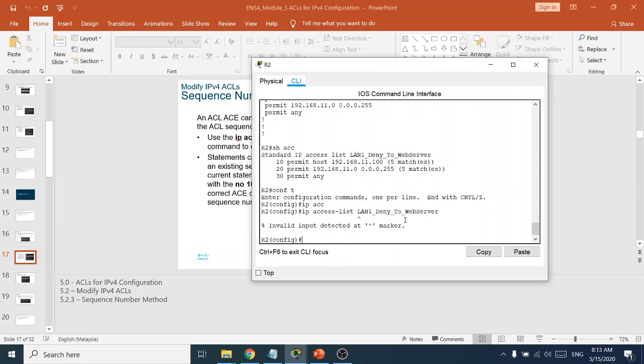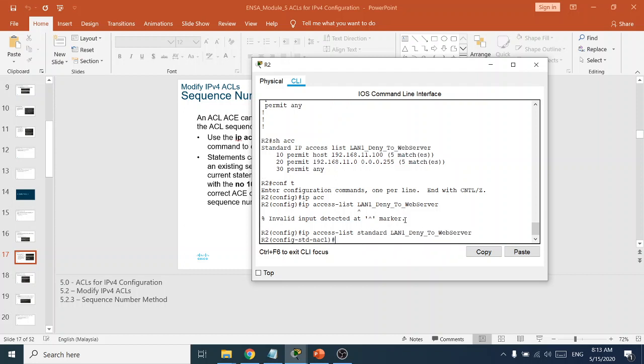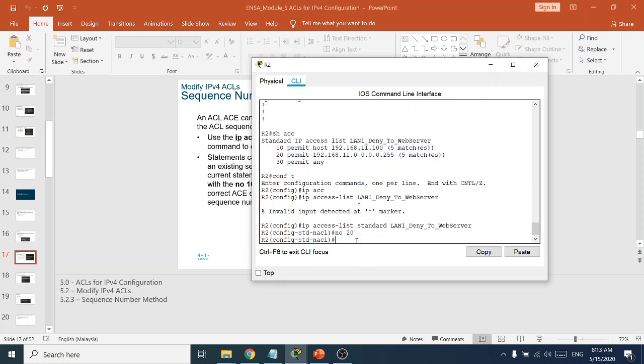Okay, IP access list, saya tertinggal standard, IP access list standard. Okay, so kita akan masuk dalam ni lah. So apa yang kita nak kena buat, kita kena buang, sebab kita nak buang yang ni kan. So kita kena buang this sequence number, so no 20. Okay, lepas tu kena letakkan 20 dekat depan. Baru kita akan buat deny